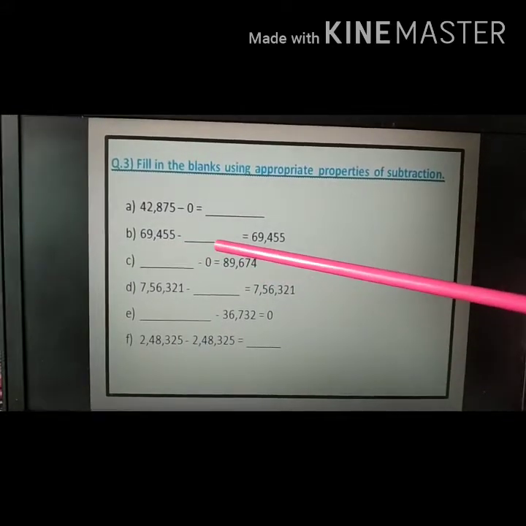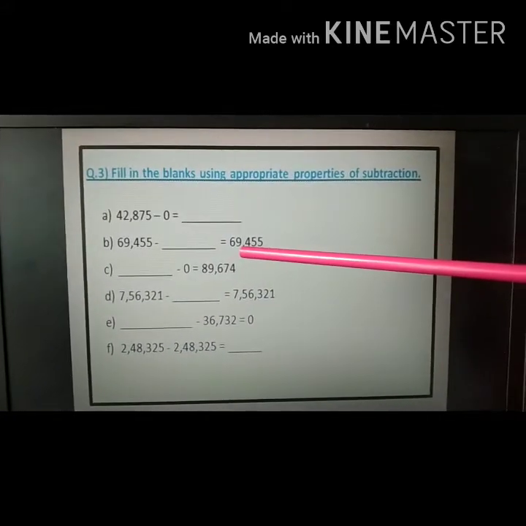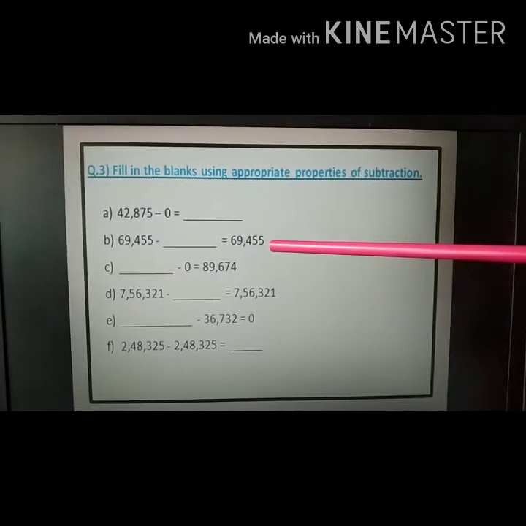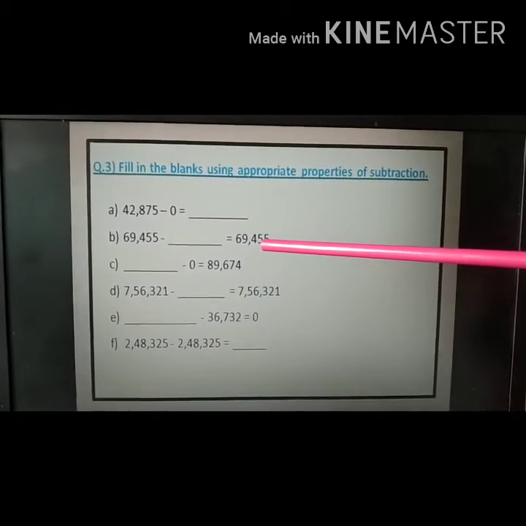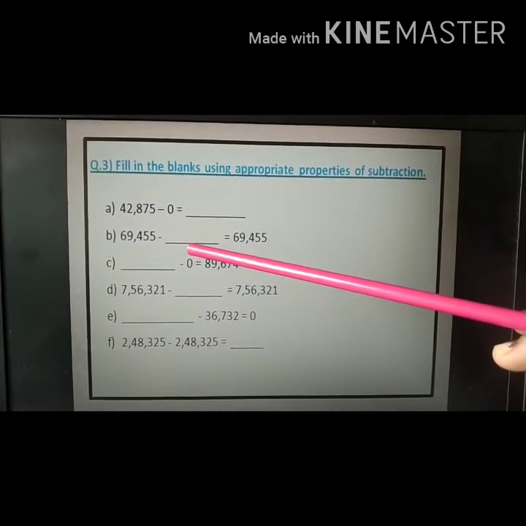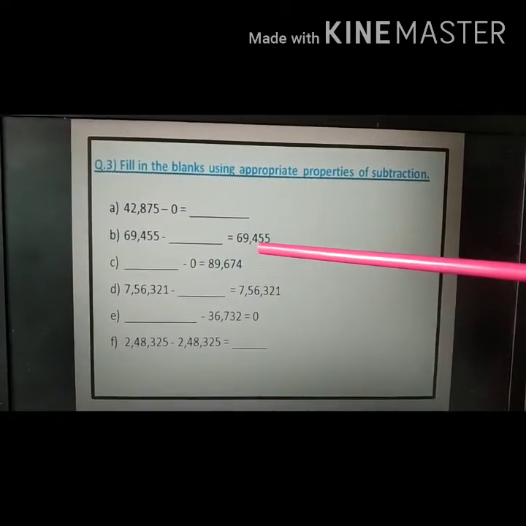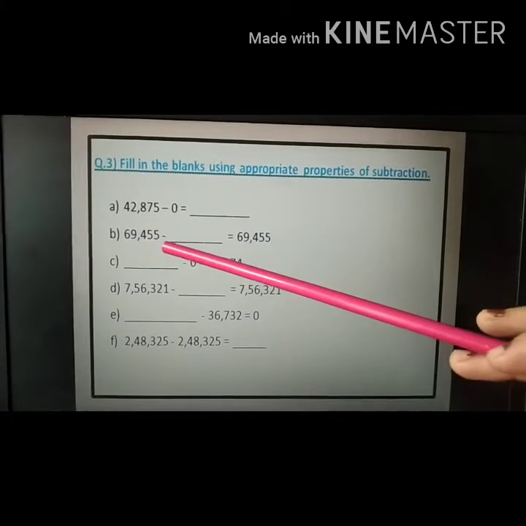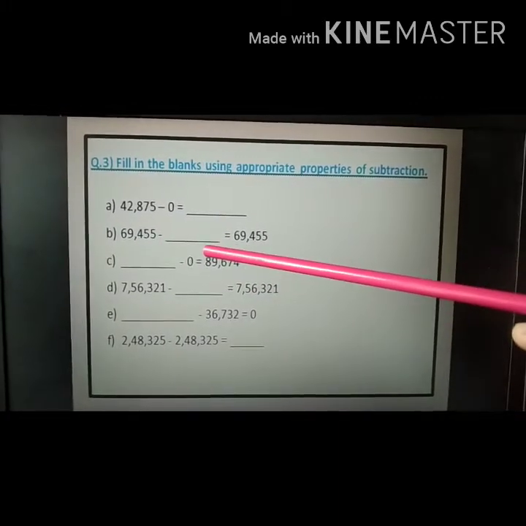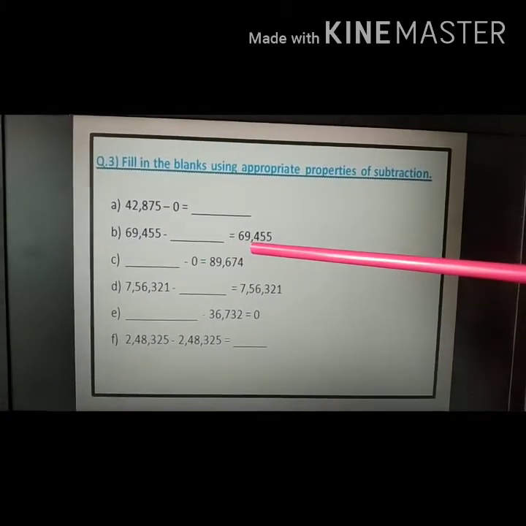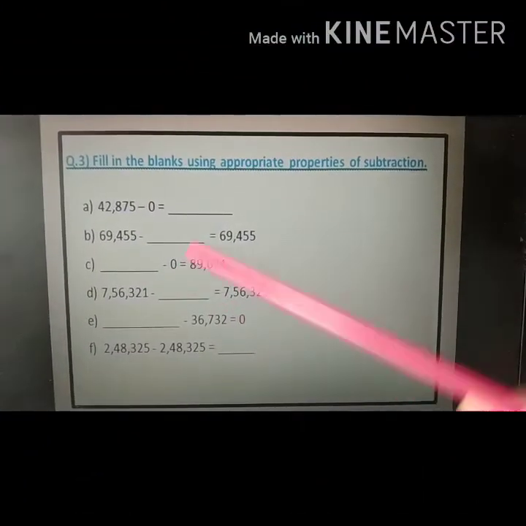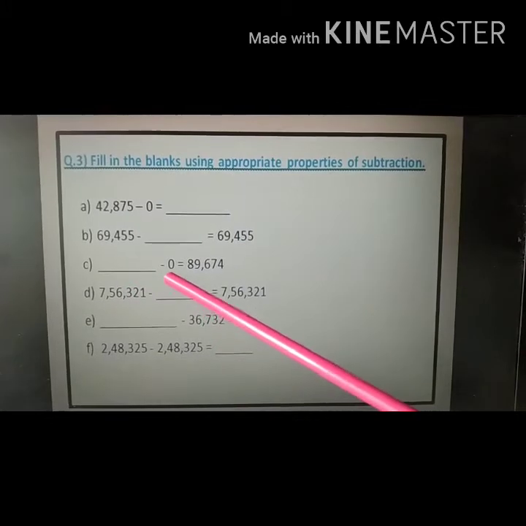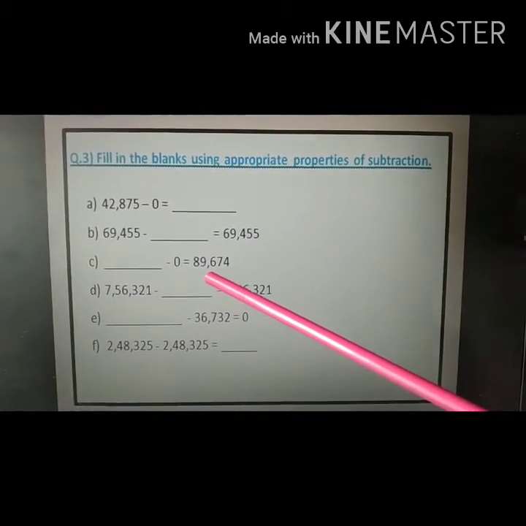Next is 69,455 minus dash is equal to 69,455. Now what will be subtracted to get the same number? Yes, we will subtract the 0 to get the same number. So 69,455 minus 0 is equal to 69,455. So our next blank is dash minus 0 is equal to